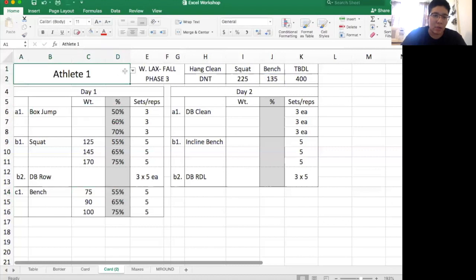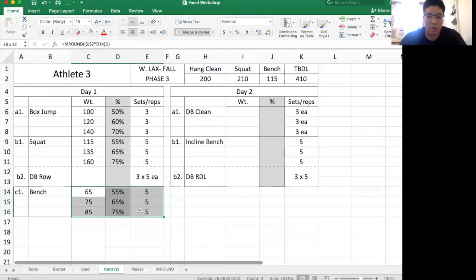And then as I go to change athletes, all the numbers will change as well. And that goes to show, kind of the same for any exercise. So if I want to use these same sets and reps and percentages for incline bench, I copy, I paste